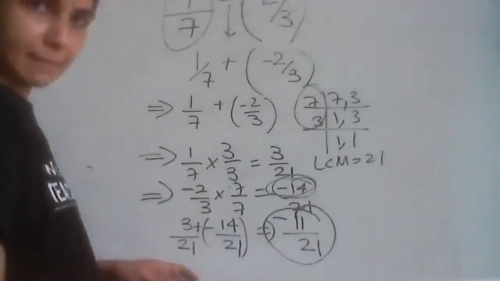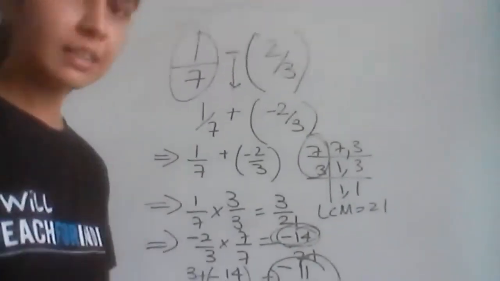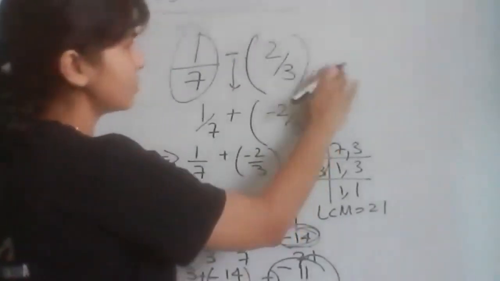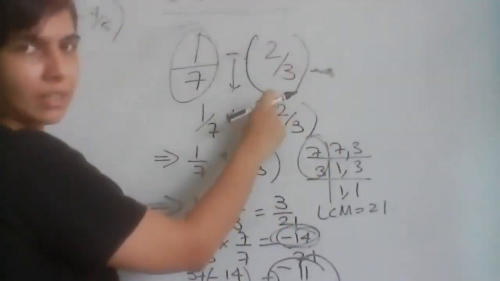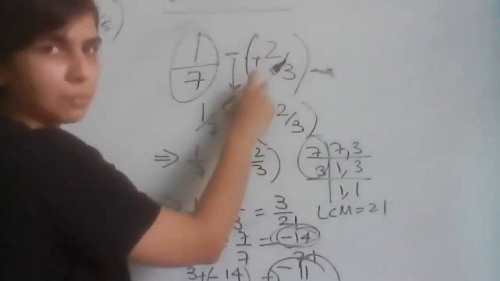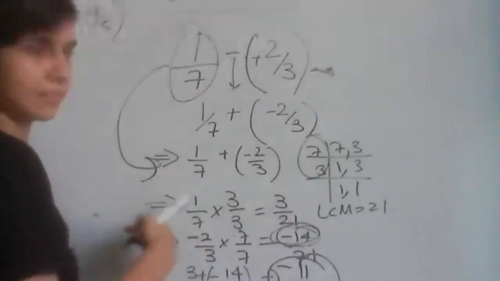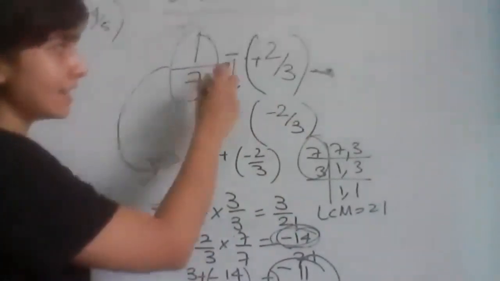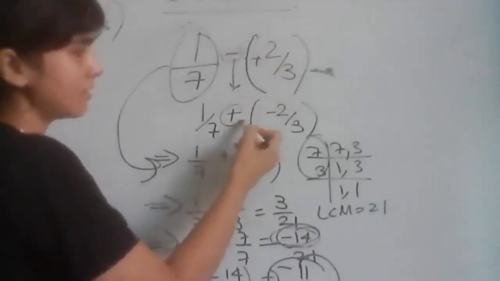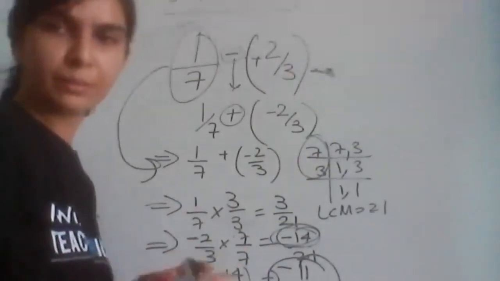Any doubt in any of the steps? There is another way where you can do it directly, which you have already learned. If you don't want to do all this additive inverse and all, you can directly do minus into 2 by 3. What is the sign of 2 by 3? Plus, right? So you can directly multiply the signs. Minus into plus is minus, and you can directly come to this step. You don't have to do all this. If you find this too hard to follow, you can change the minus operator to positive and then take the additive inverse of this. Whichever way you find it easier, please do it that way.